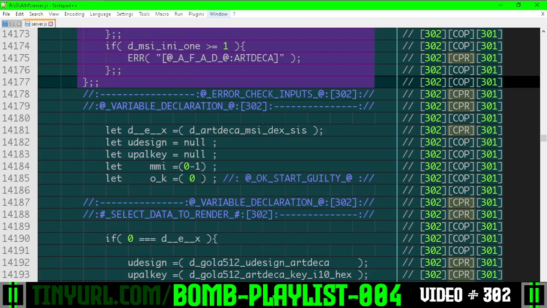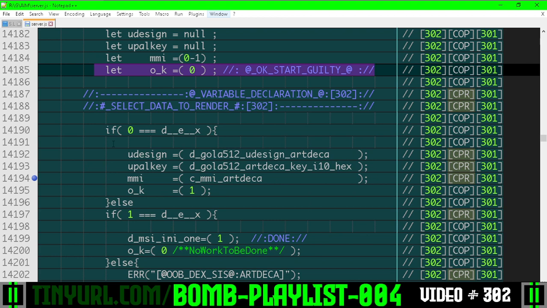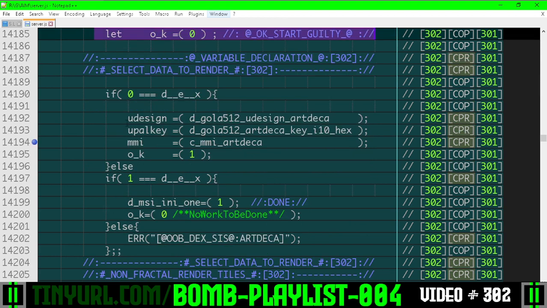Then down here, we have the three pieces of data we need for rasterization. We have the design, the palette, and the master memory index the design will go into. And then we're only going to rasterize if this flag ends up getting set to true. So the first time we end up in this function, we're going to set this design, this color palette, and